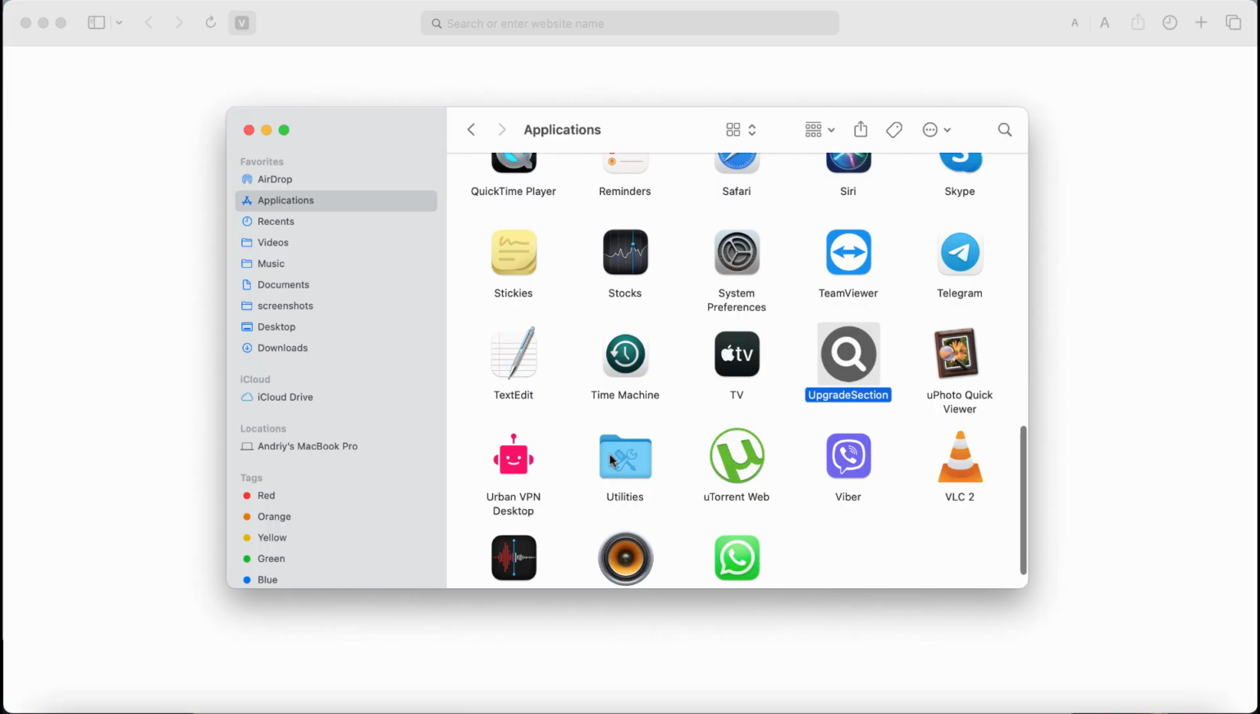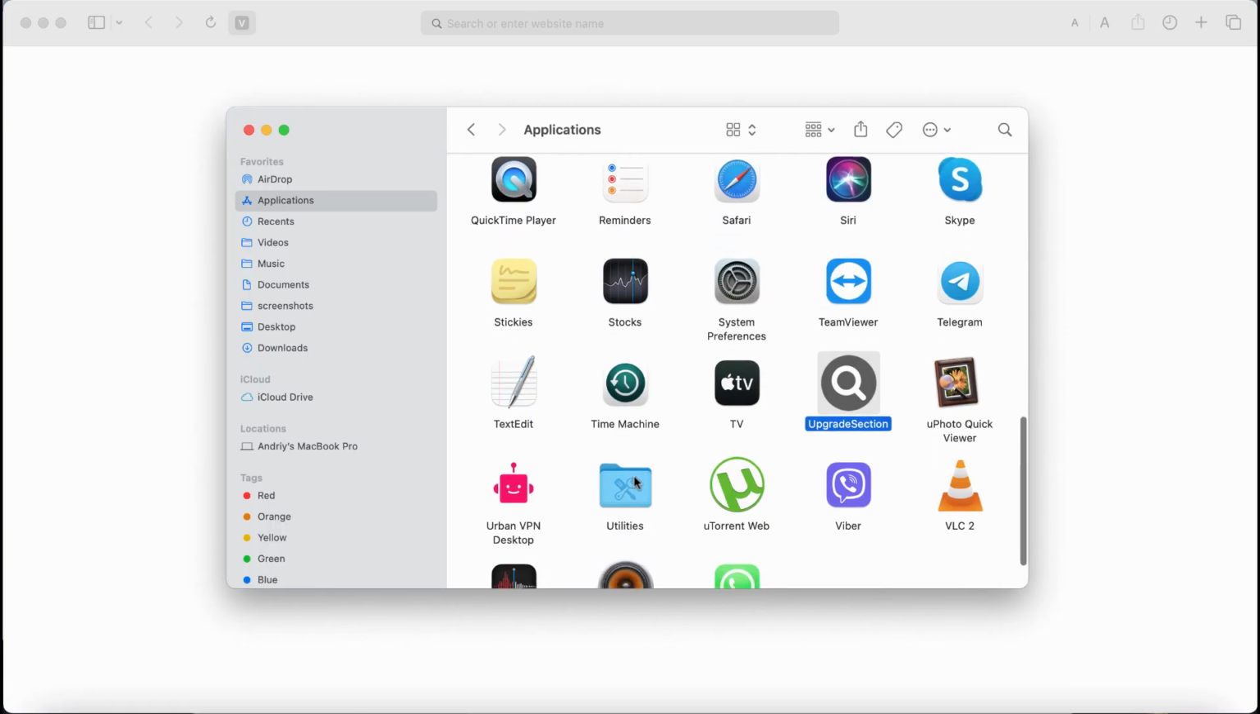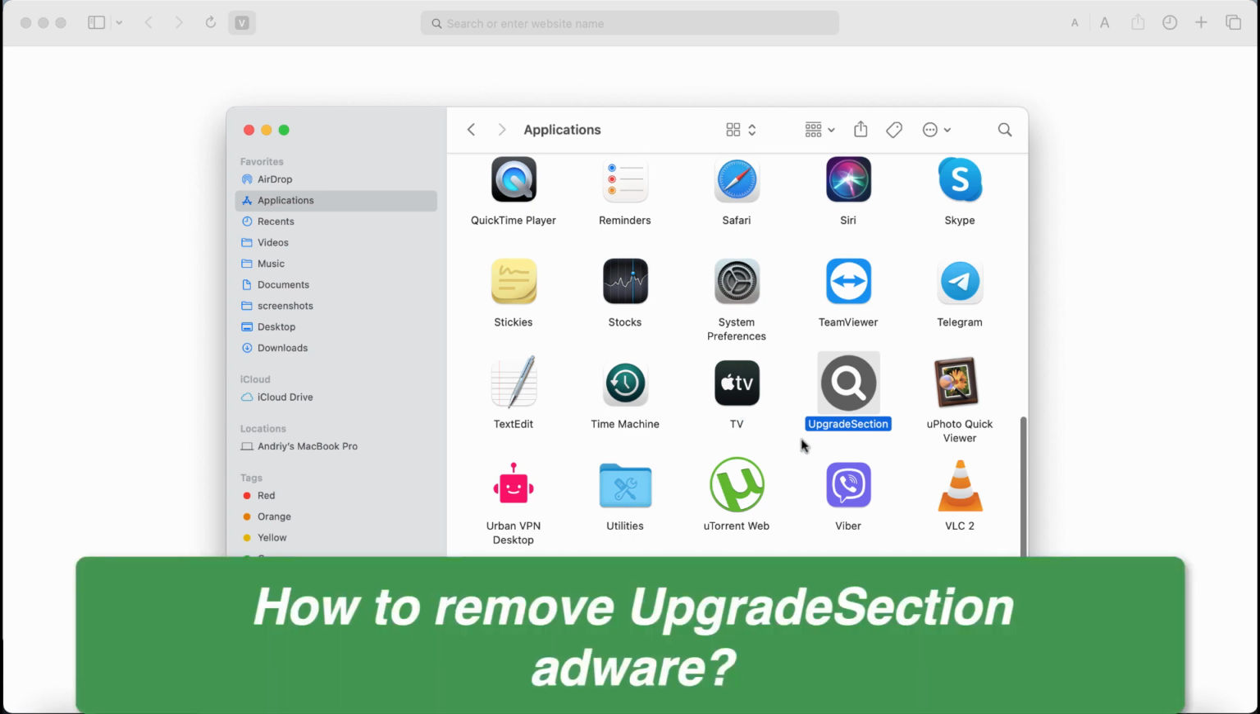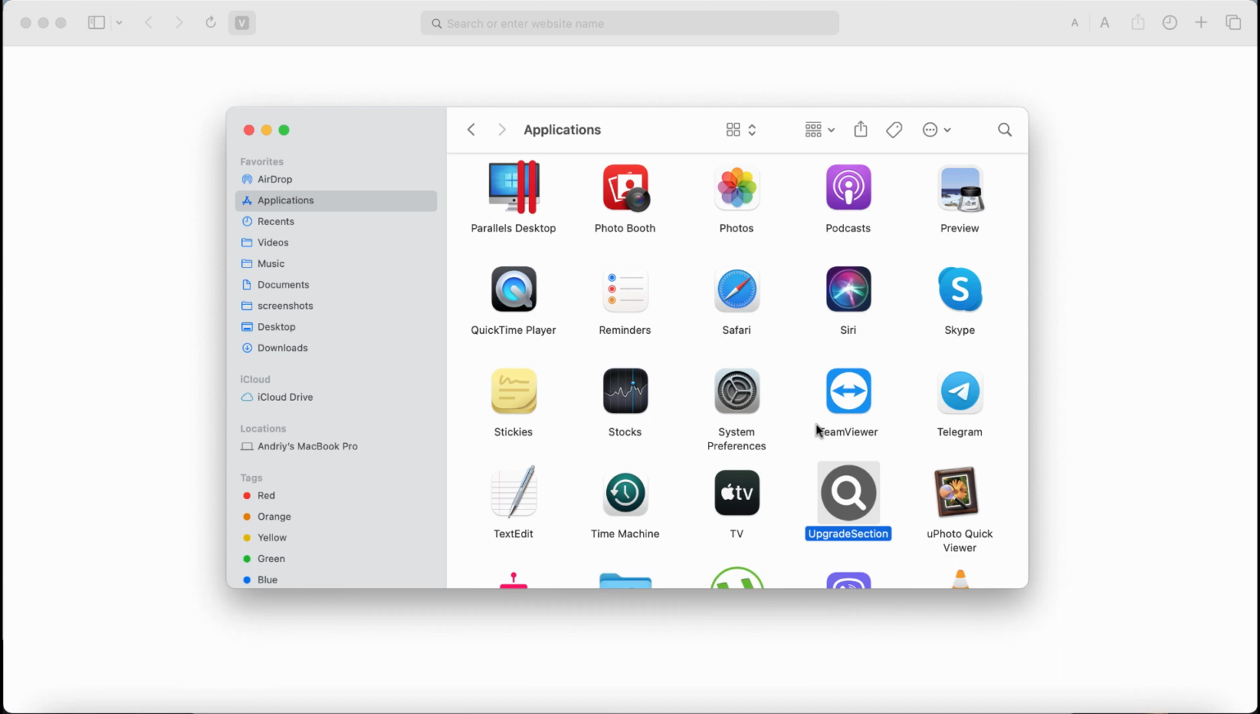This video tutorial will help you to remove the adware type application that is named UpgradeSection. This UpgradeSection adware attacks Mac computers only. It targets Safari, Google Chrome, Firefox, and other browsers too. UpgradeSection adware, once installed, starts to display a tremendous portion of pretty intrusive advertisements not related to the sites that